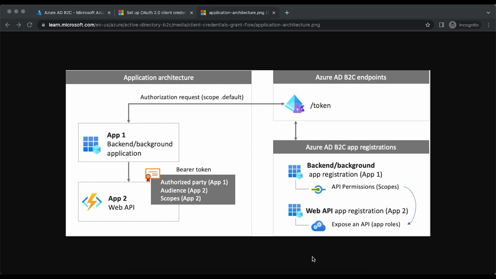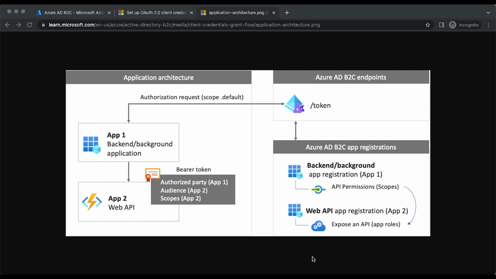The app 1 in this particular diagram is a client application. Sorry, it's not a web application, but it's a kind of client application, and it can be the backend app of a UI page. Let's say you have a UI app, which in turn calls some backend APIs, and then the backend APIs can call some other APIs to get data to render in the UI. In this case, the backend app is actually app 1,